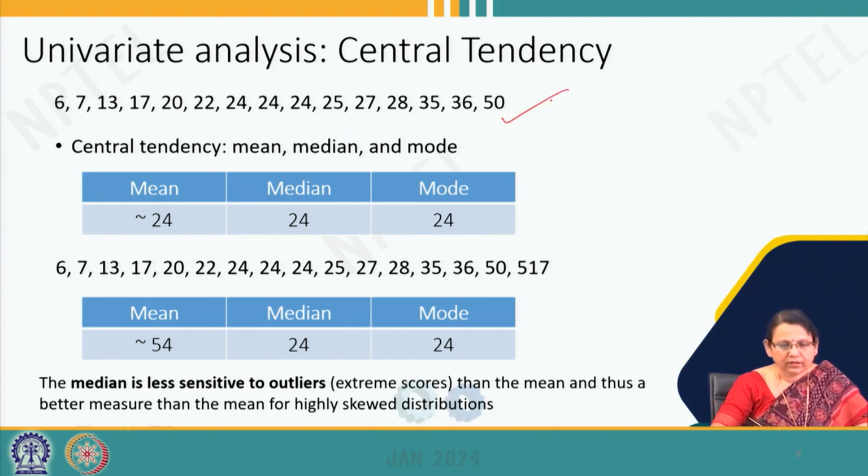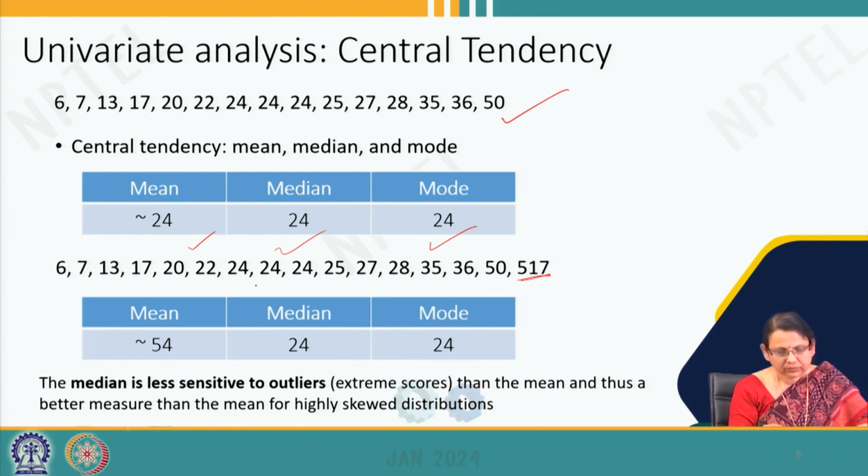Okay? And this is mean, this is median, this is mode. What is median? The mid value. Mode is the highest number of occurrences of something in this data string, some element in this data string. Now, look at this. Suddenly, we have added one more very large value in this list of